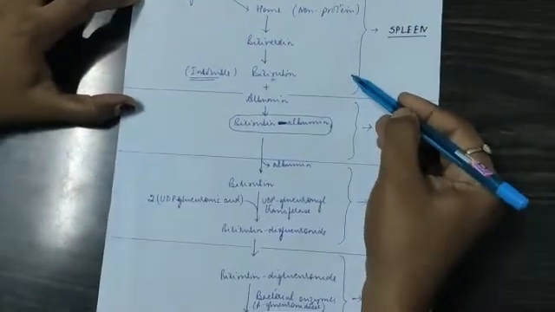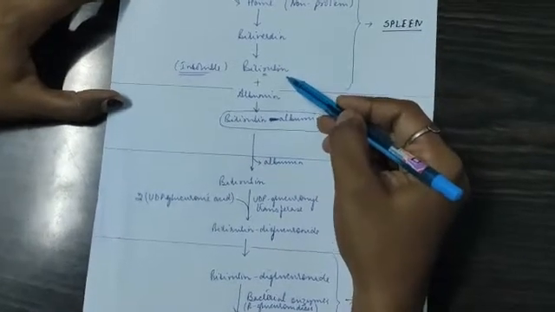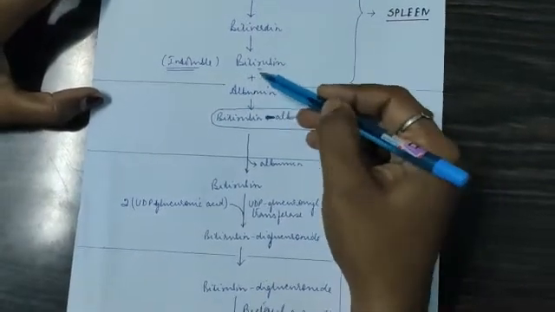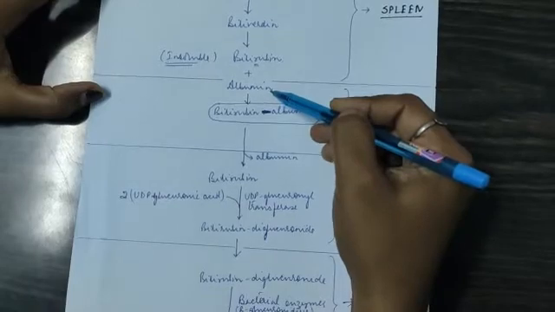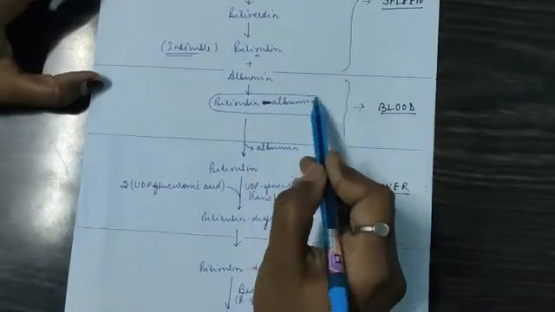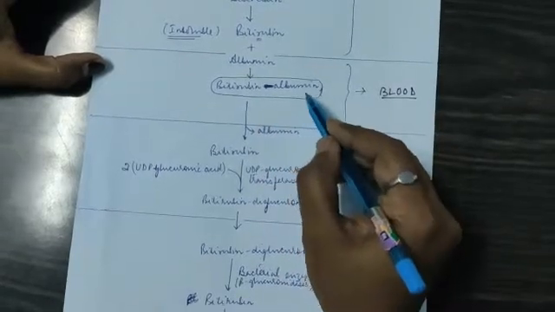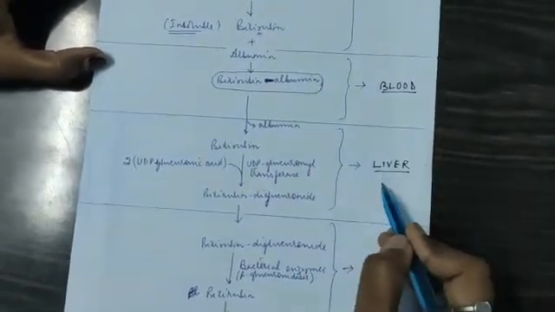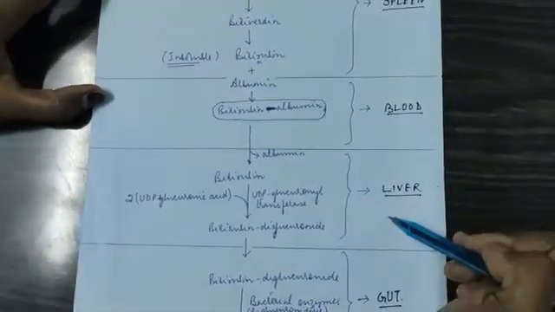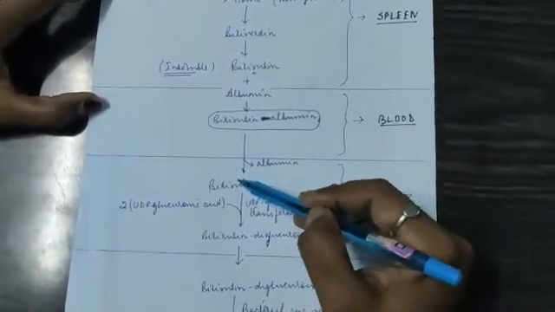So if it has to come out of the spleen into the blood, it has to get solubilized in the blood. But since bilirubin is insoluble, it has to get combined with some other compound which will make it soluble, and that protein is albumin. Albumin combines with bilirubin, giving us the bilirubin albumin complex, which is soluble in the blood plasma. Through the circulation this complex comes to the liver. The main work of albumin is to transfer the bilirubin from the spleen to the liver and keep it solubilized. When it comes to the liver, the albumin leaves the bilirubin and it is given up.